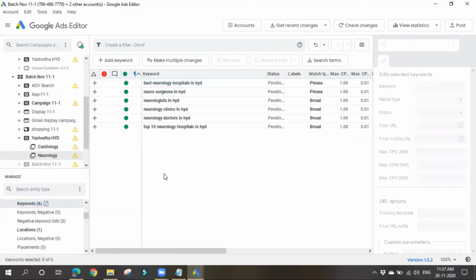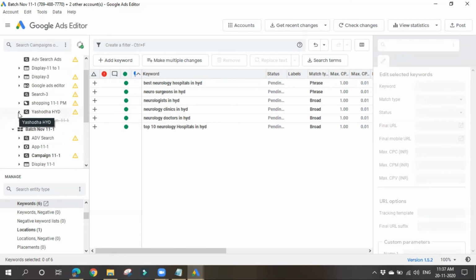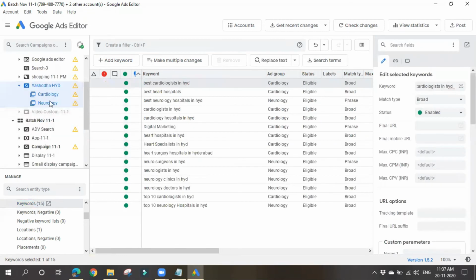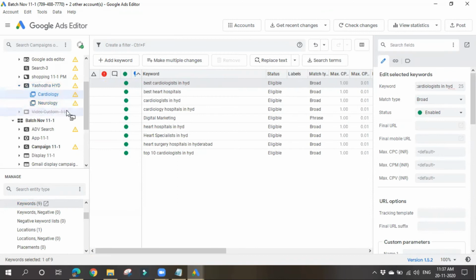So this is the advantage with Google Ads Editor. If we copy a campaign, we will get the campaign, the ad groups, and the keywords. If I have added any ad extensions to it, everything will be copied. No need to create it. If you want only a specific ad group, then simply go to that particular ad group. If you expand this, you can see ad groups here. You can also simply copy and paste ad groups to whatever campaign you want to keep them in.